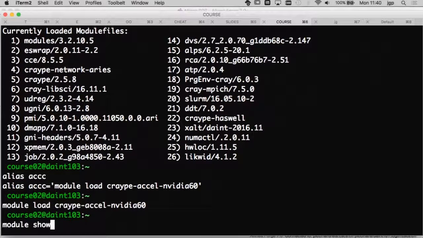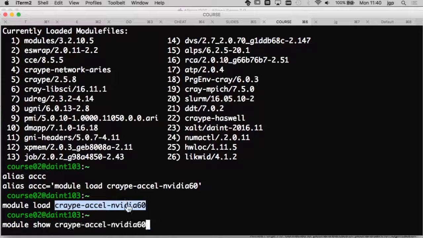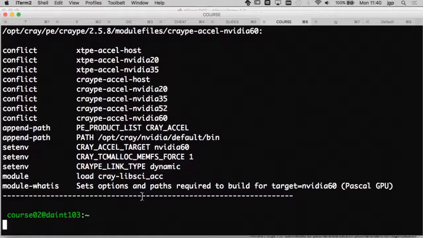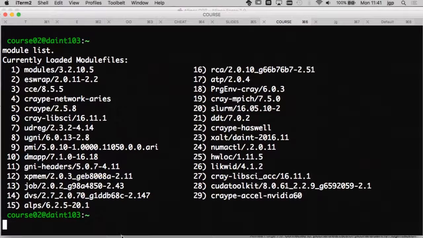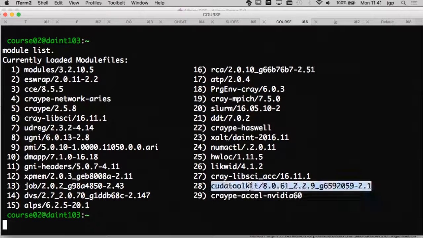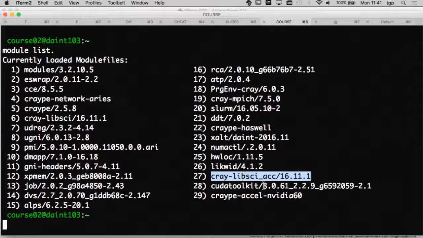If you do module show, you will see that this module file sets the compilation node for the GPU, and it loads two module files. By loading it, I load the CUDA toolkit and also the accelerated version of the Cray scientific library.